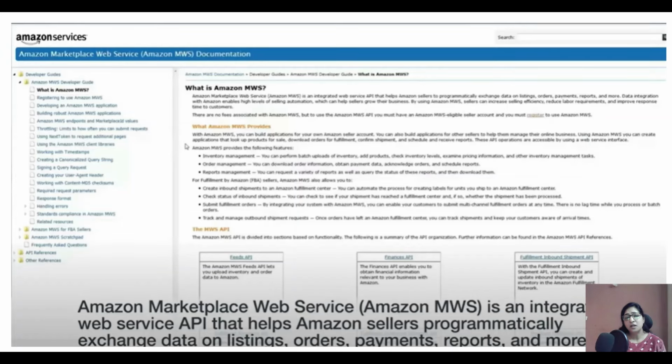There are still many service providers who are already offering such automation services to their sellers using the MWS. Now, what is this MWS? So, before we implement SP API, it is very important to understand what is the current implementation that Amazon offers, which is Amazon MWS, Amazon Marketplace Web Services. It is also an integration where sellers can programmatically exchange data, which is listing your orders, payments, reports, or anything related to your seller central account.